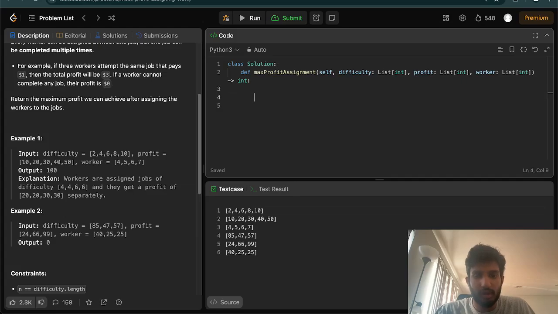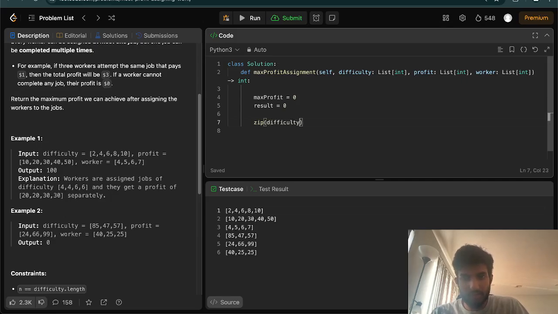We could just use max profit equal to 0 and result equal to 0. And the way I'm going to do this is that I'm going to zip difficulty, profit,